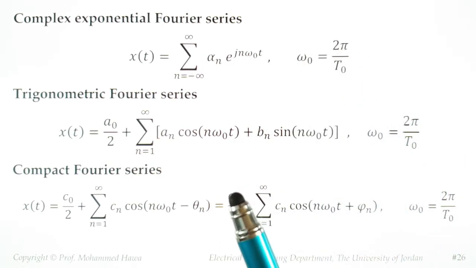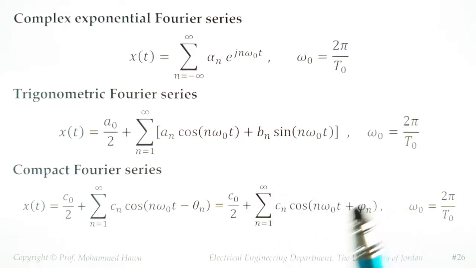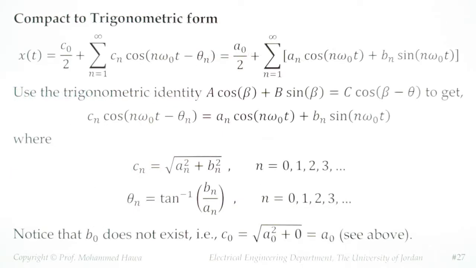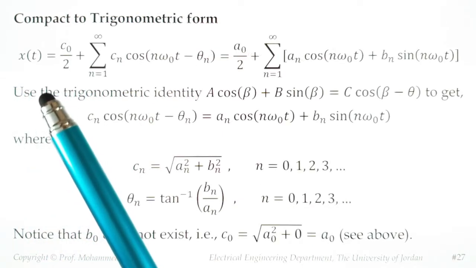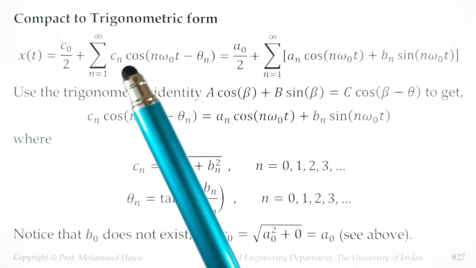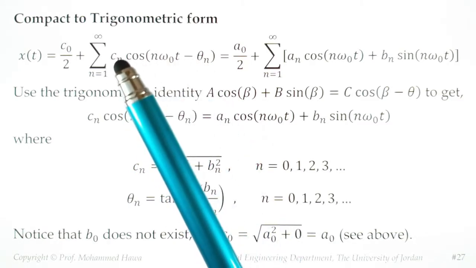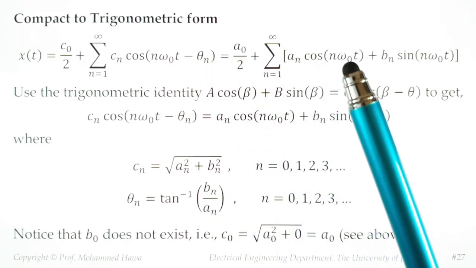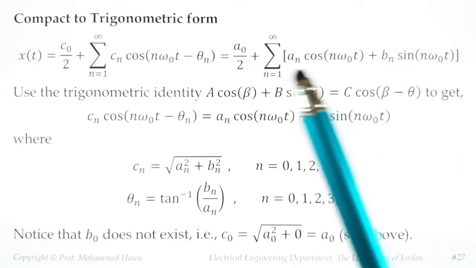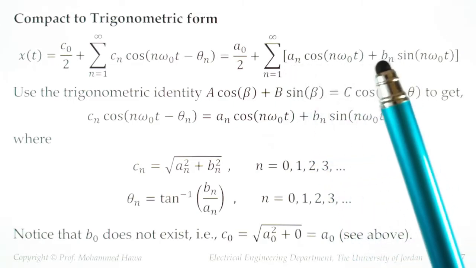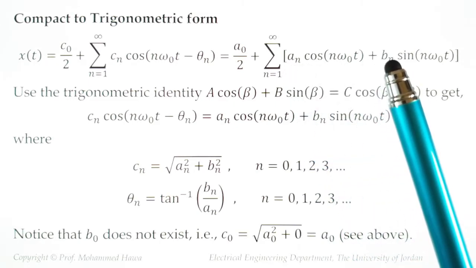So let me try to go from the compact form into the trigonometric Fourier series form. What the different equations are telling you is that if you have x of t periodic, you can either represent it as an infinite sum from 1 to infinity of a single cosine with an amplitude Cn and a phase shift minus theta n, or equivalently you could use a cosine without phase shift and a sine without phase shift. So long as you use a certain amplitude for the cosine, I'll call it an, and a certain amplitude for the sine, I'm going to call it bn.